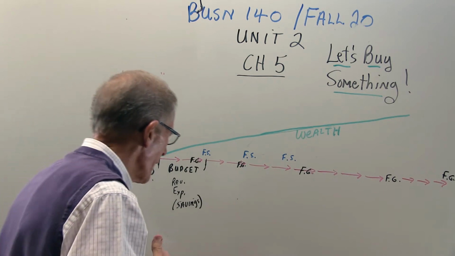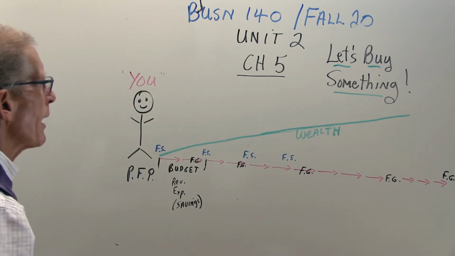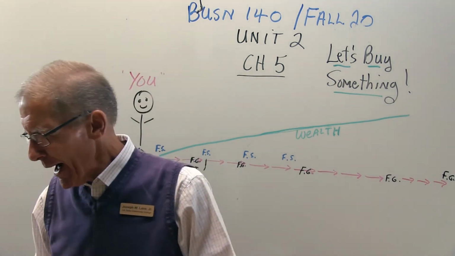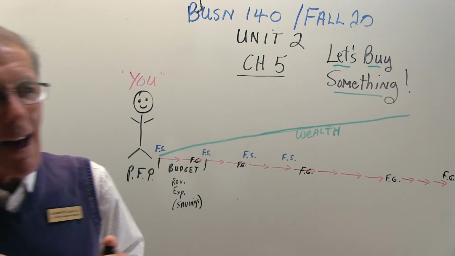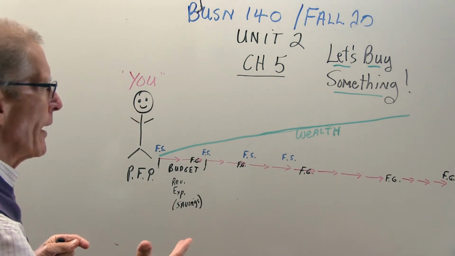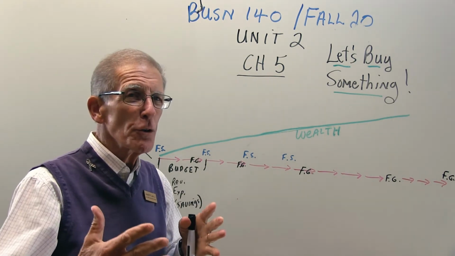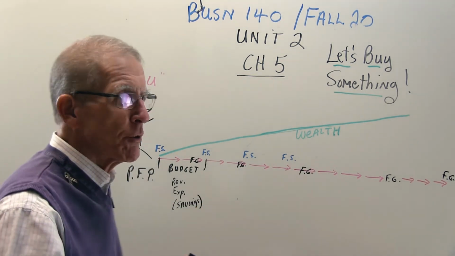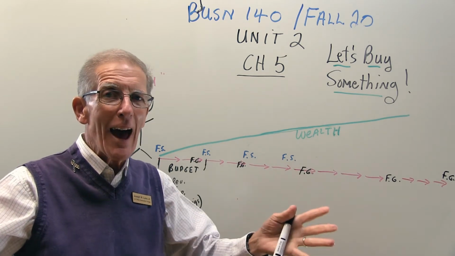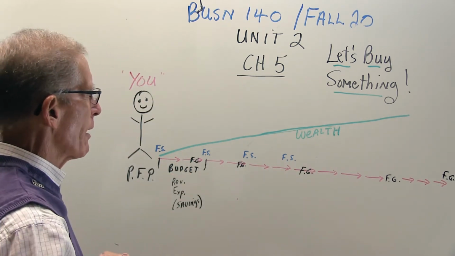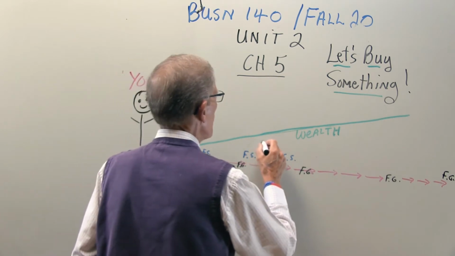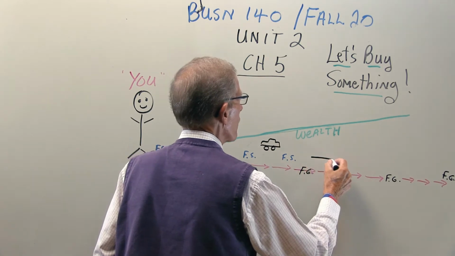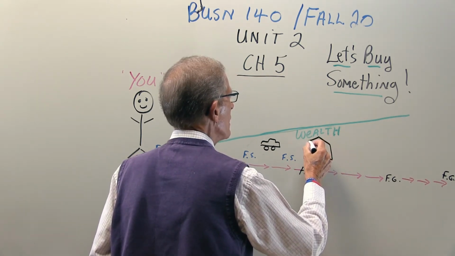Now Chapter 5, I kind of subtitled Chapter 5, Let's Buy Something. I think the real title of it is Buying an Automobile, Buying a Home. Those are our two largest purchases for most of us. Certainly the home is the largest purchase for most of us, as far as buying assets, buying things for ourselves and our family. So we want to talk a little bit today about purchasing that vehicle and purchasing that